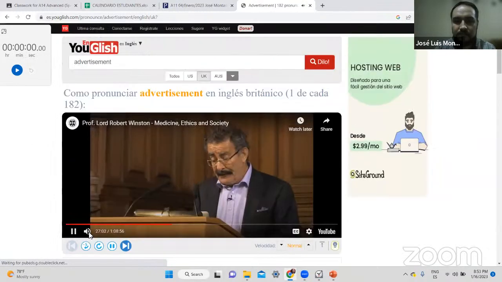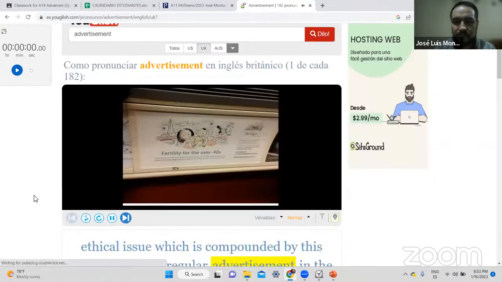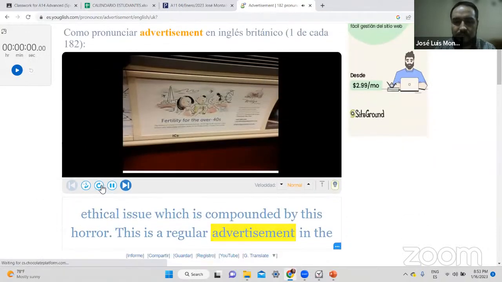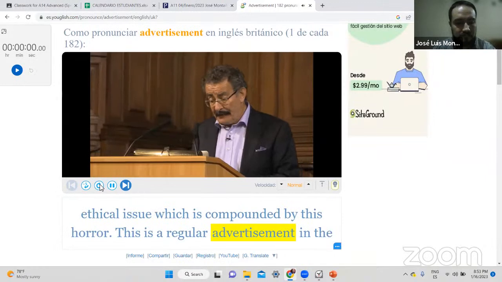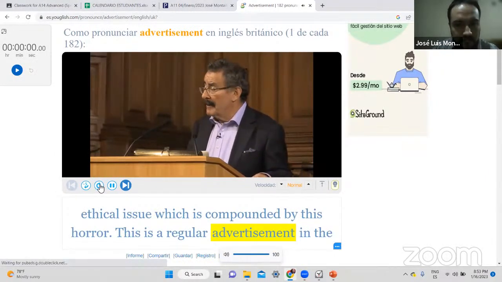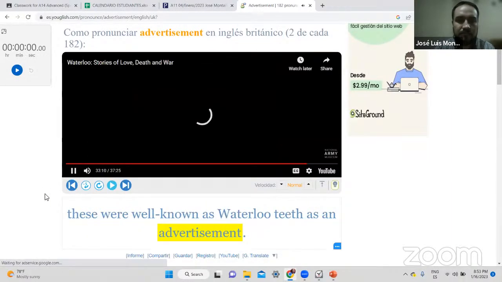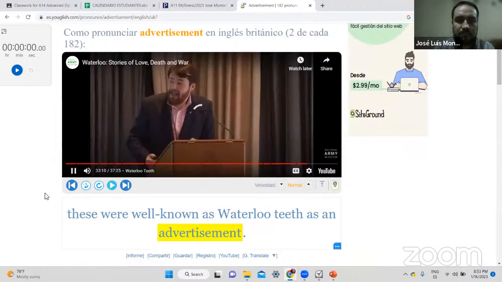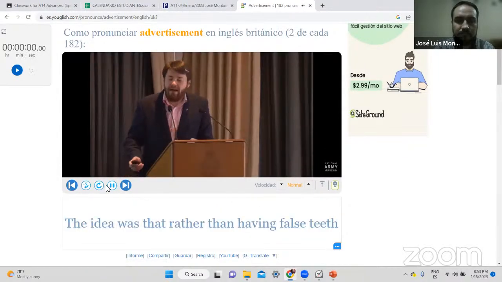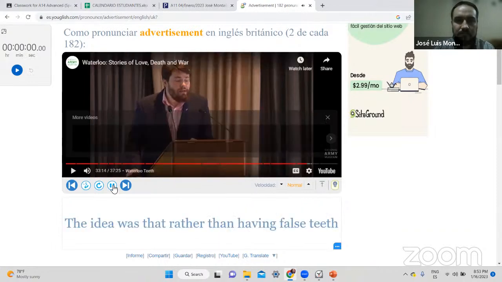It's a massive ethical issue which is compounded by this horror. This is a regular advertisement in the London. These were well known as Waterloo teeth as an advertisement. The idea was that rather than having...